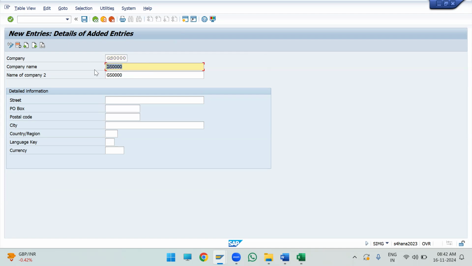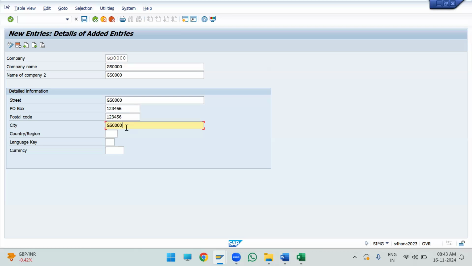In your case, whatever the industry, just for example purpose I'm showing this, but when you are working on the configuration in the practice server, don't do any configuration which does not have any meaning. Okay, so whatever your industry you have considered, your company name should be there. Okay, so your org structure will be the realistic org structure. Then we have street, PO box. I will enter this like this, PO box in the sense postal code,